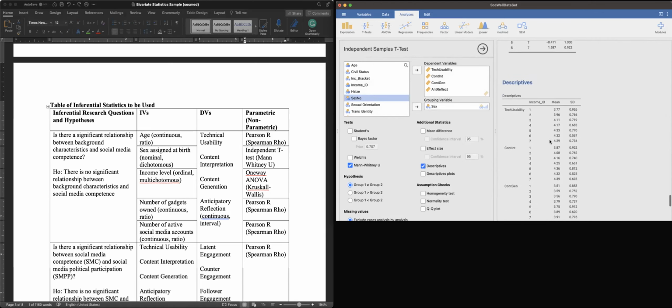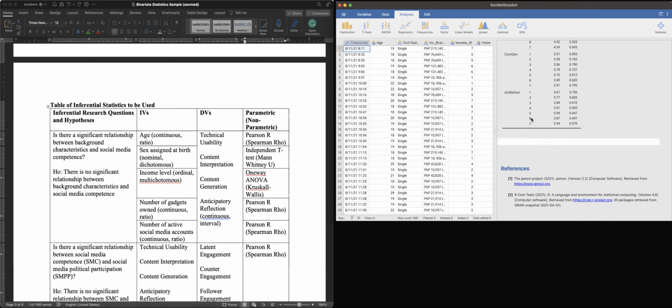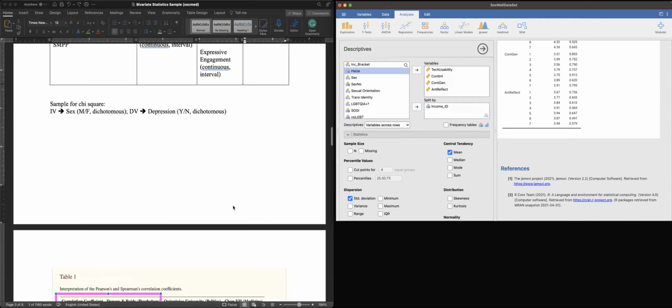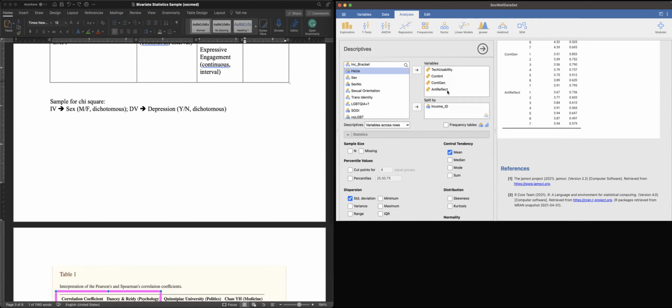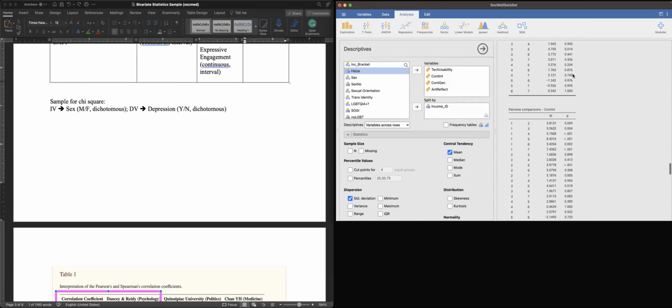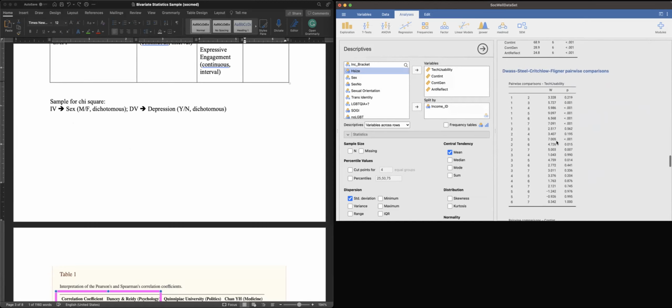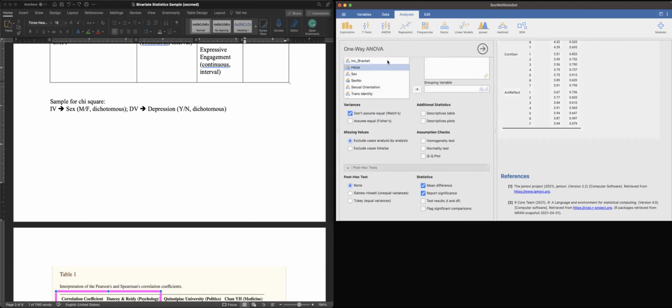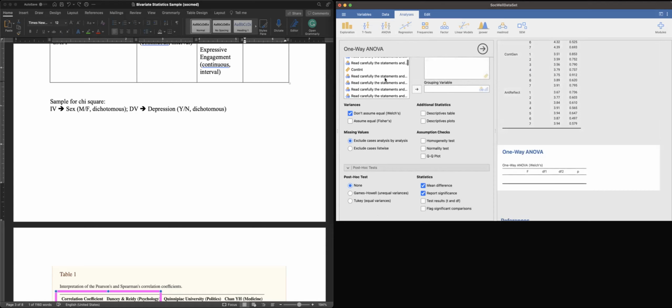So I will not be teaching you anymore the paired t-test and the repeated measures ANOVA, because most of the tools that we're usually doing in our department are cross-sectional studies anyway. So we may not be able to do it, no? So I'll just give an example of when it's not correlated. So let's go again to one-way ANOVA, and probably let's choose one variable that may not be